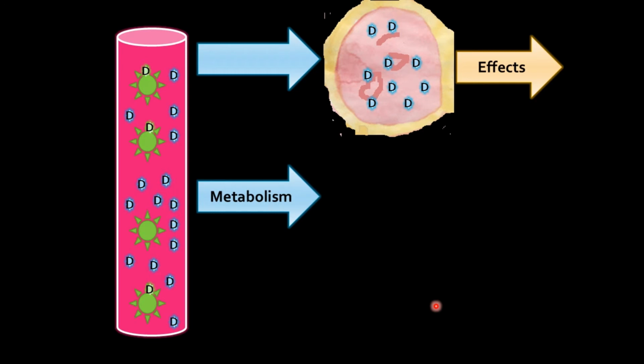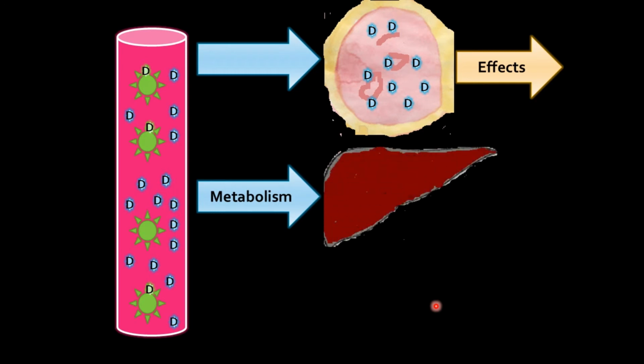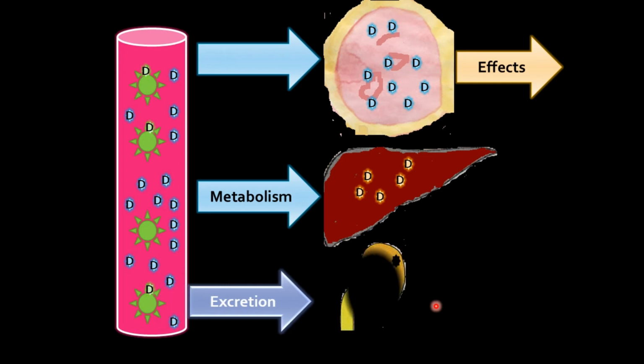That much fraction of the drug is now available to the liver for metabolism, for biotransformation. And this drug, which is metabolized, that much portion is now available for excretion from the kidney. The kidney eliminates, excretes that much portion of the drug from the body. So what is the clinical importance of this plasma protein binding in the case when the free drug is more than